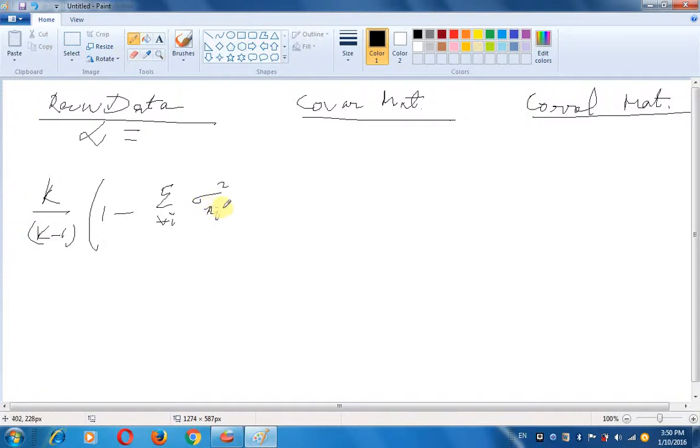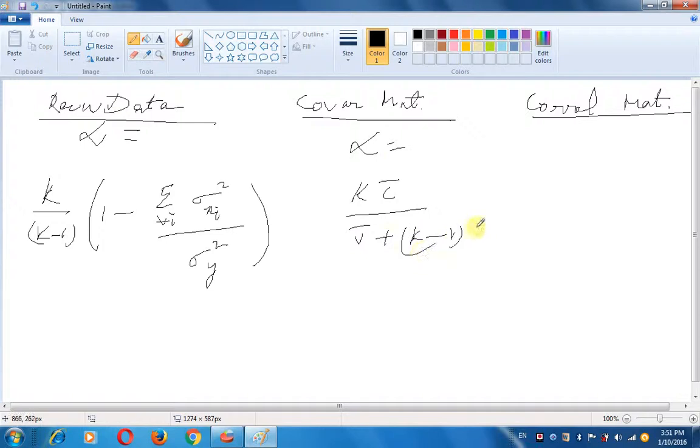xi divided by sigma square y. So this is the method which we need to use to compute the alpha if we need to find the alpha from the raw data. And if we would like to find the alpha from the covariance matrix, then we have a different formula which goes this way: k multiplied by c bar by v bar or nu bar, whatever it may be, k minus 1 c bar. So this is the formula which we need to use if we would like to find the alpha